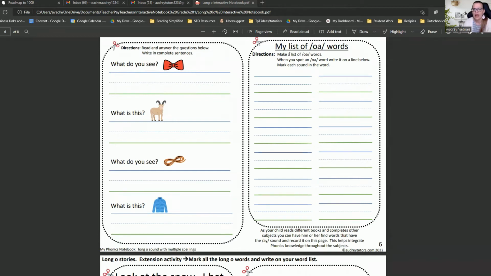And then I have a list of O words. One thing I found as a teacher and tutor, it's really important that the kids are taking their phonics knowledge and using it outside of phonics reading time. And so when you're doing social studies or reading a sign or a recipe or looking at a magazine or reading an outside